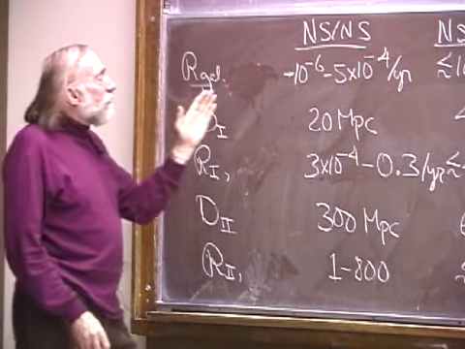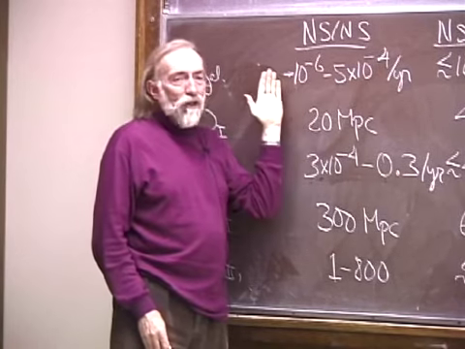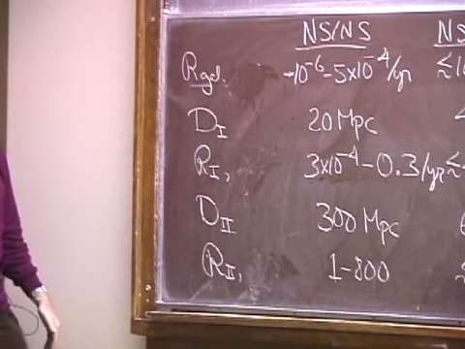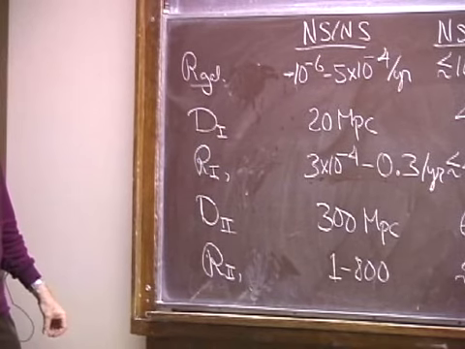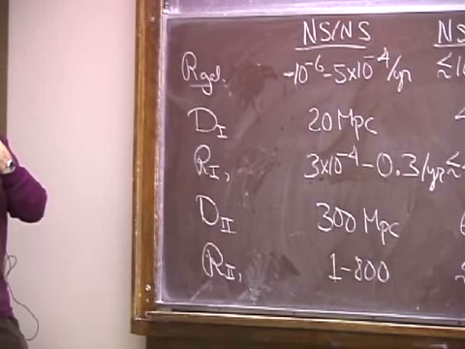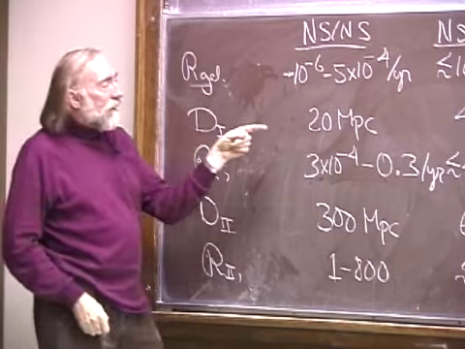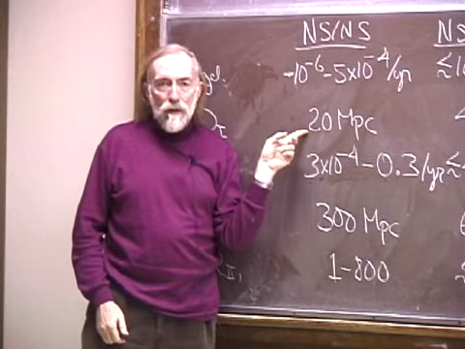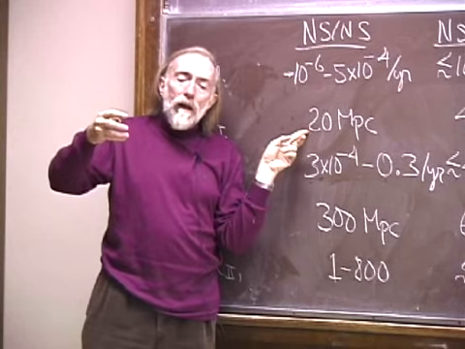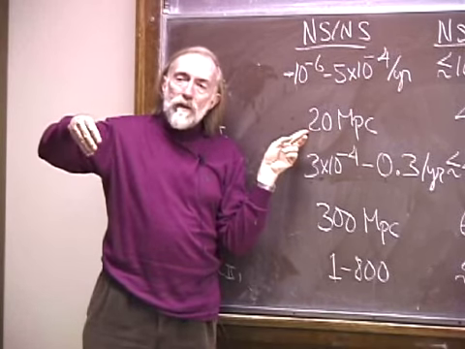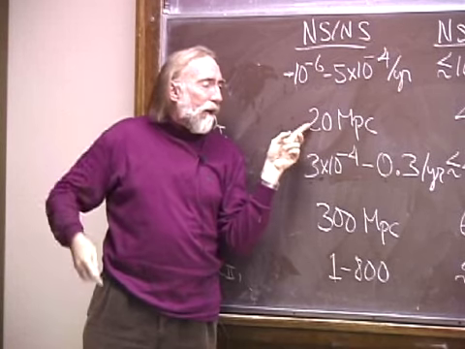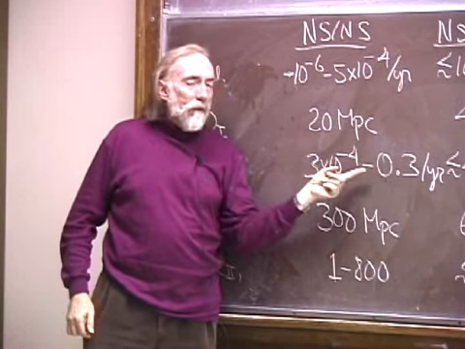Of course, even this span of numbers should be taken with some grain of salt. What is a factor of, say, 2 in sensitivity? So these sources are all now out at distances like 20 megaparsecs and far. The 20 megaparsecs is just beyond the Virgo cluster. You're out at the region where things just increase at the rate of the cube of the distance. And so a factor of 2 in sensitivity will drive this up by a factor of 8.